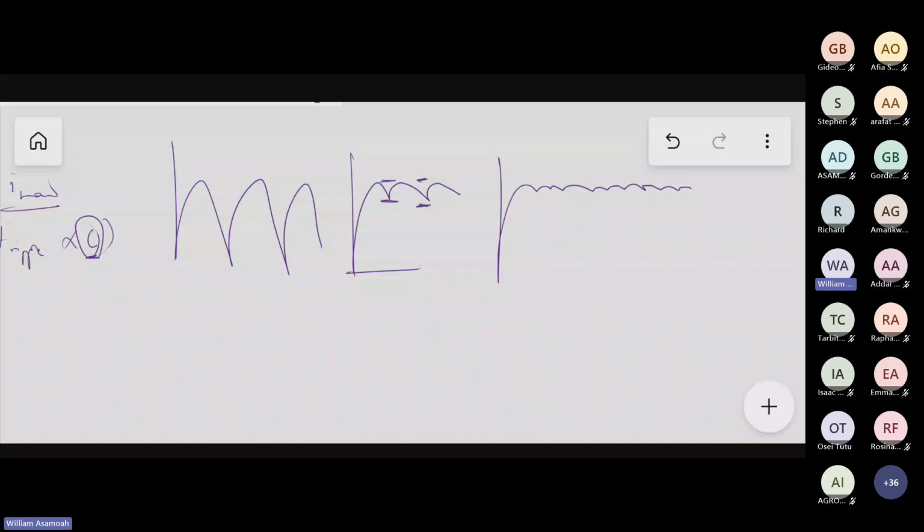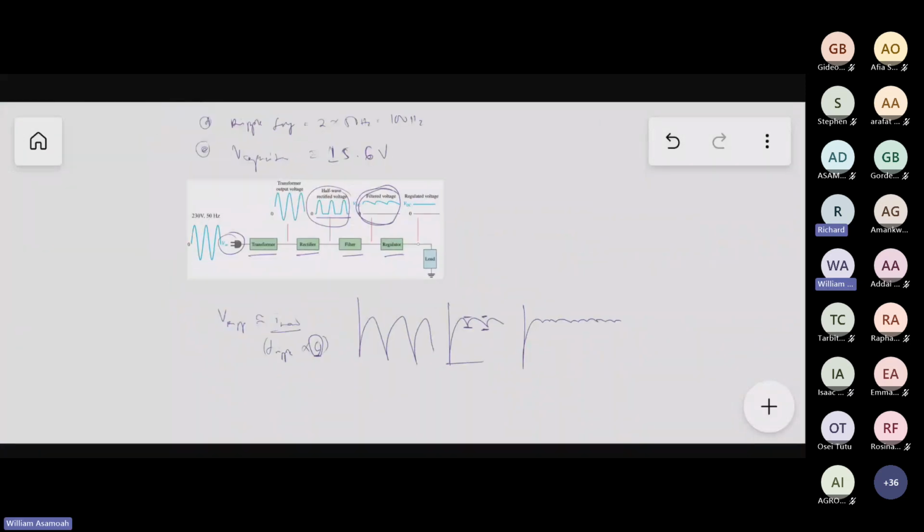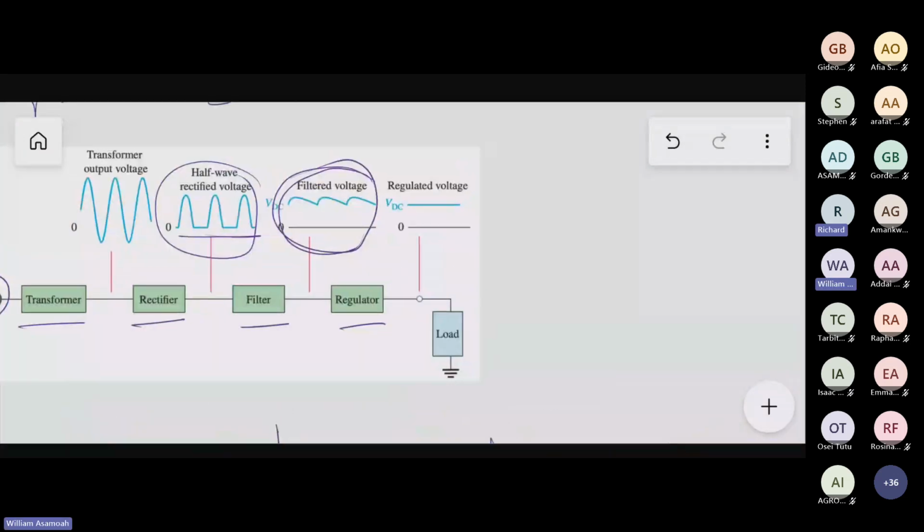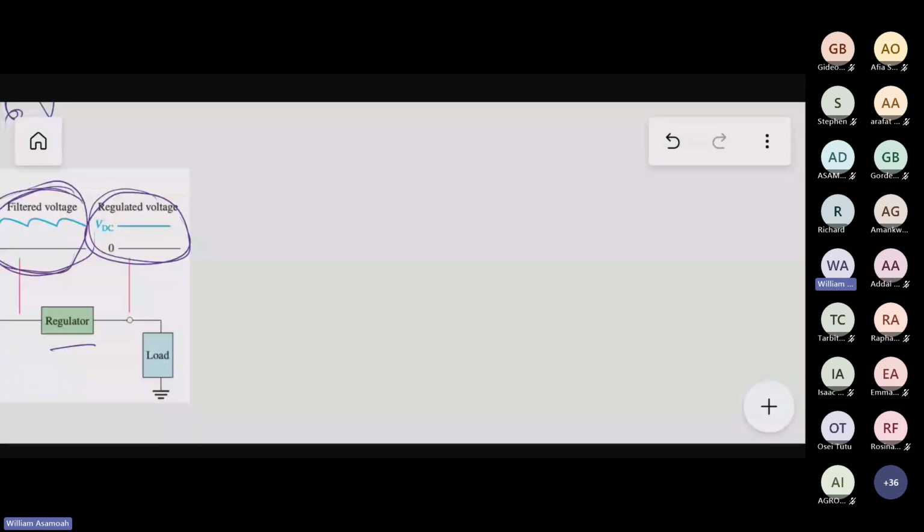Zener diodes as regulators. If you look at this block diagram here, we have a filter. Then after the filter, we have a regulated voltage. So when you filter it, you always use a regulated voltage. We have two types. It's either you buy the